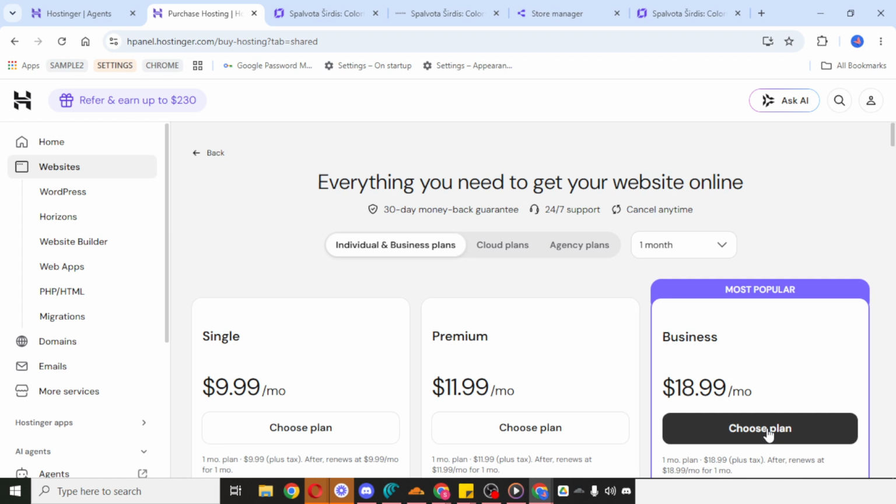Before you complete the checkout, it's always smart to double-check that the plan in your cart is still set to monthly billing. That small review can help you avoid selecting the wrong term by mistake. And that's it. That's how to pay Hostinger monthly. If you follow these steps carefully, you should be able to purchase the correct plan without any confusion.